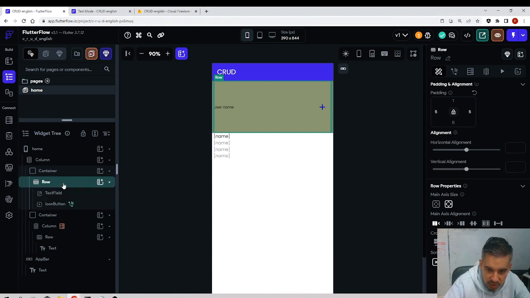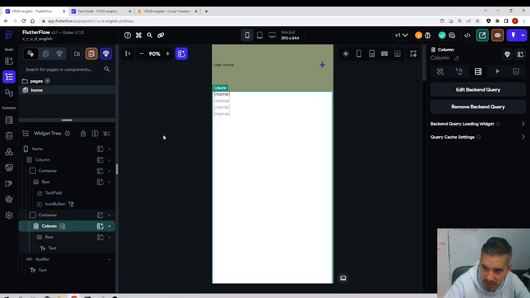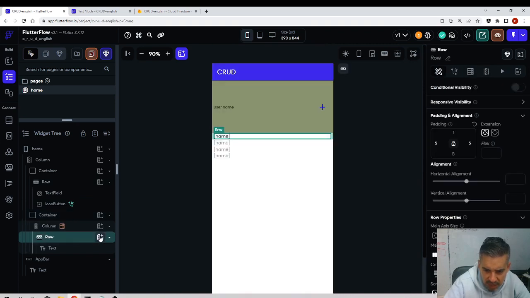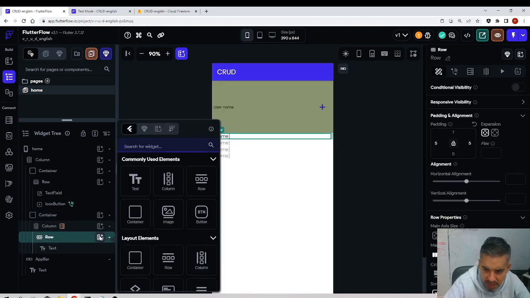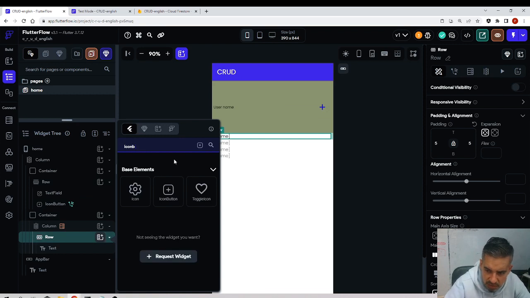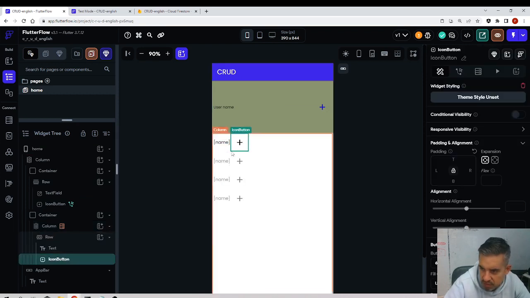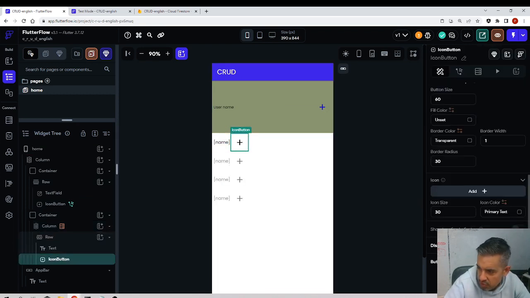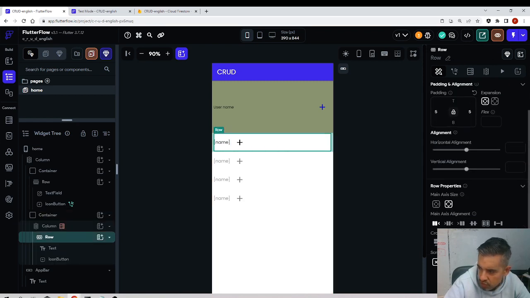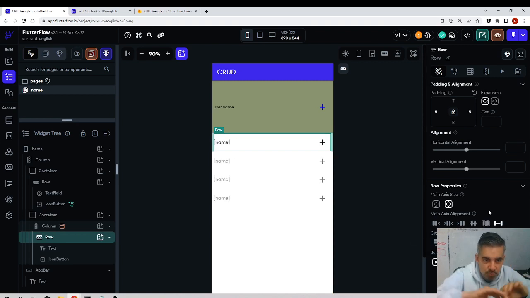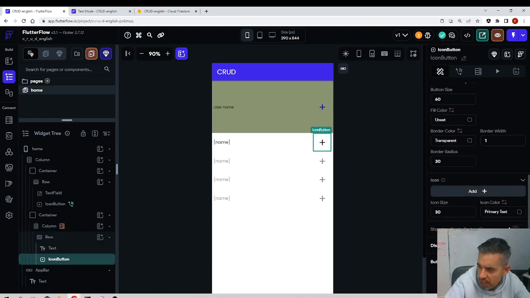How will we do it? We go back to the row where we're loading the data, the users, and I will add an icon button. I will select the row to make the elements spread out, to take all the space like this. Okay, and this button will be now